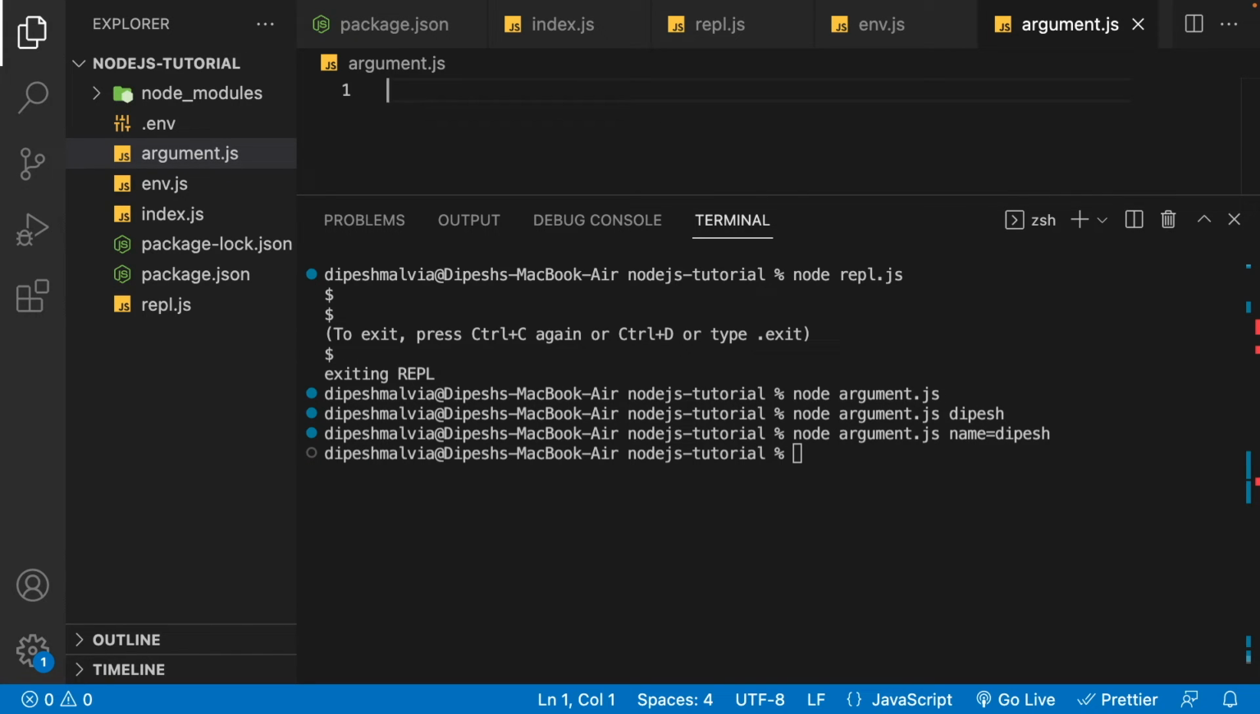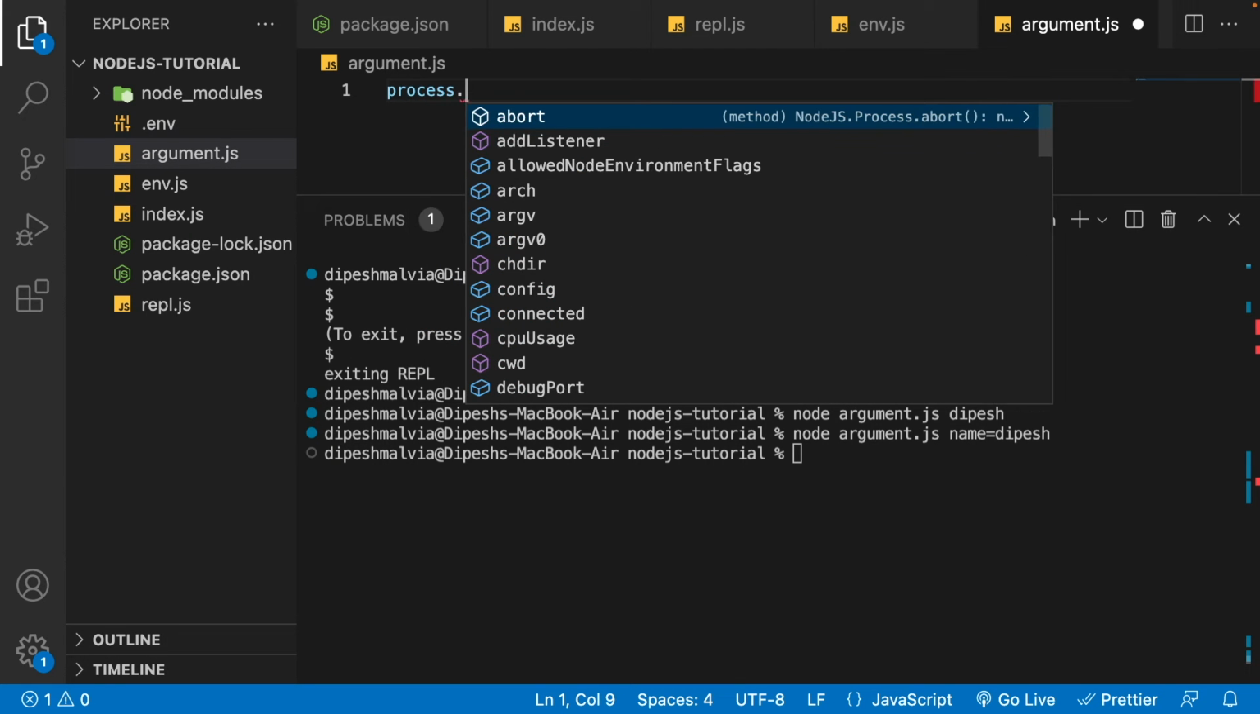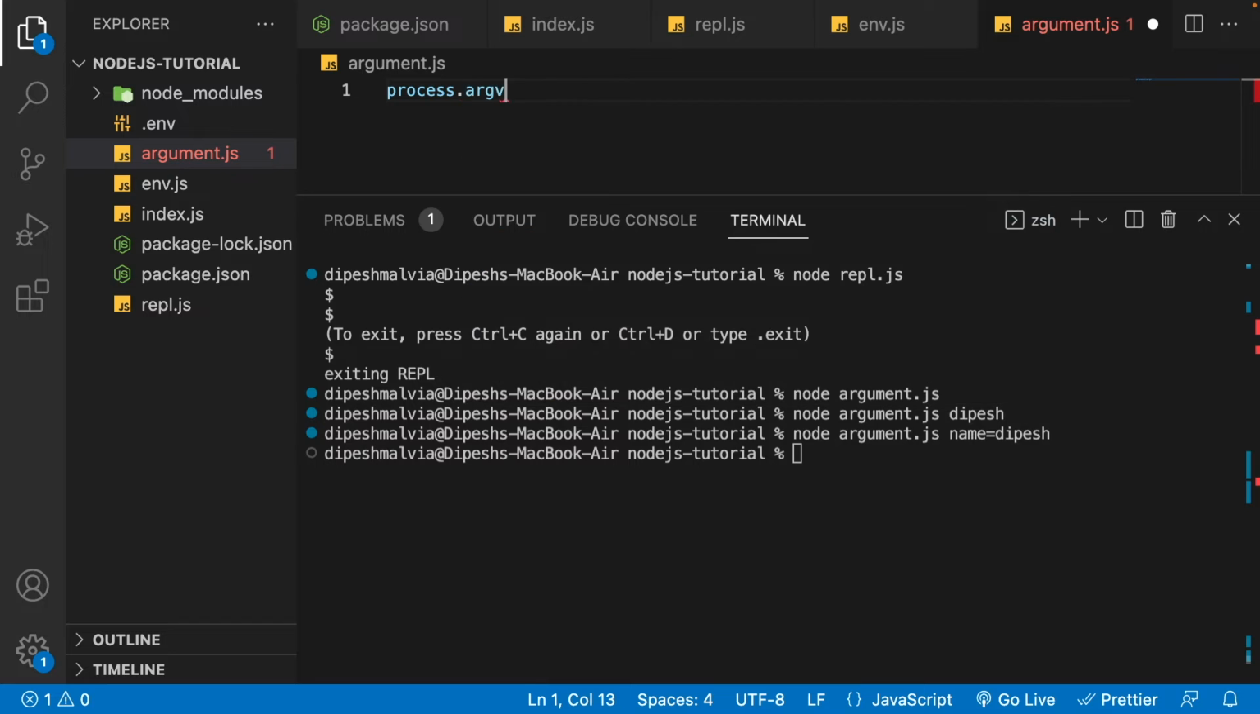So we can use the same thing. We can again use process, which is a very powerful module we have in Node.js. So here I will use process.argv. If you see, we have the argv. So let's use this. In process.argv, the first element is the path of node, where we have installed Node.js. The second argument is the file name which we want to execute, and the third one is the argument